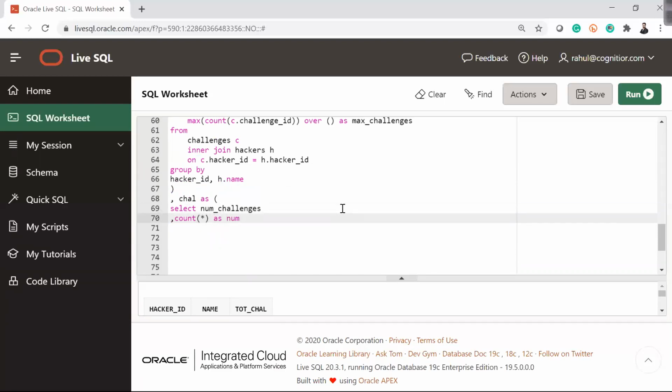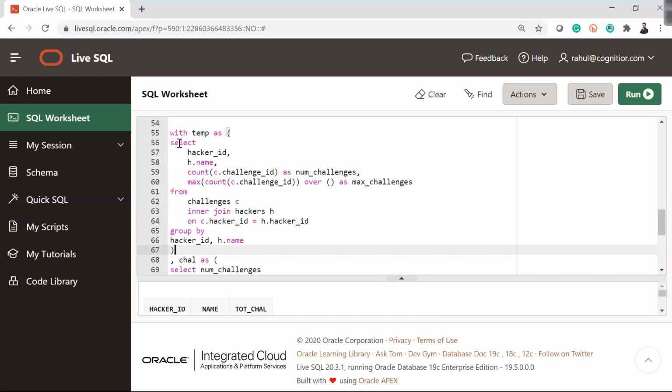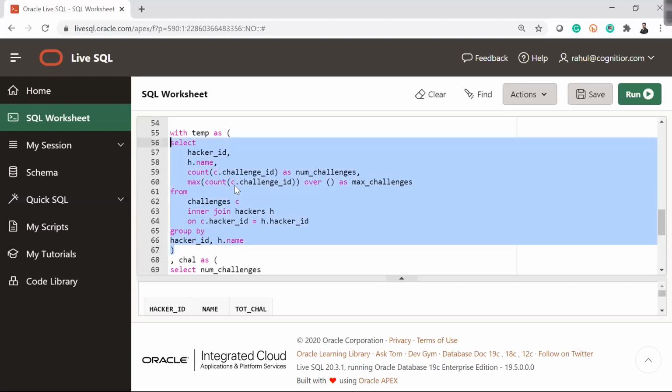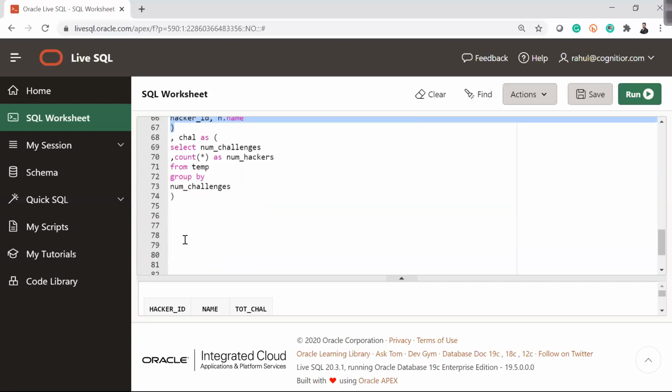As number of hackers, let's say, from temp, from the main with clause query, group by number of challenges. So this will help me understand how many duplicates are there. So the main table I'm hitting only once, right? I'm hitting the hacker table and the challenge table once, and I'm getting all the information and fetching that information for further use. Very, very efficient way of writing it.